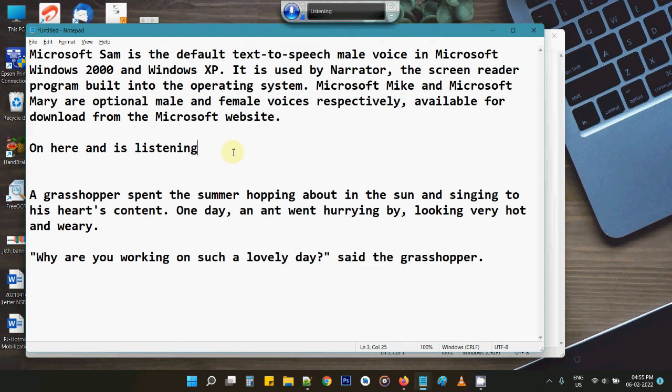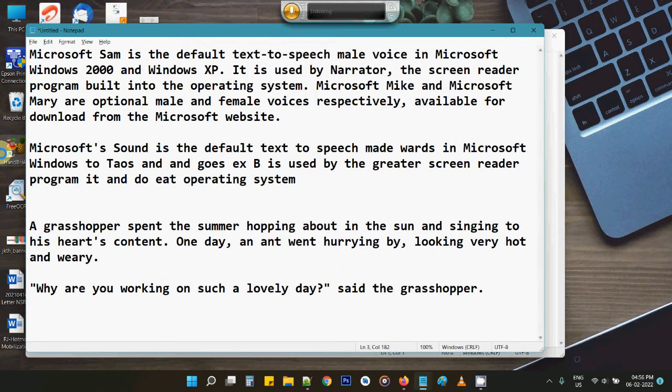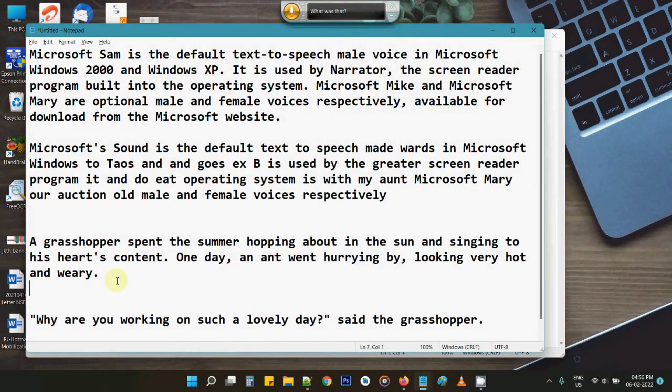Okay, pretty accurate now. Microsoft Sam is the default text-to-speech male voice in Microsoft Windows 2000 and Windows XP. A grasshopper spent the summer hopping about in the sun and singing to his heart's content. One day,